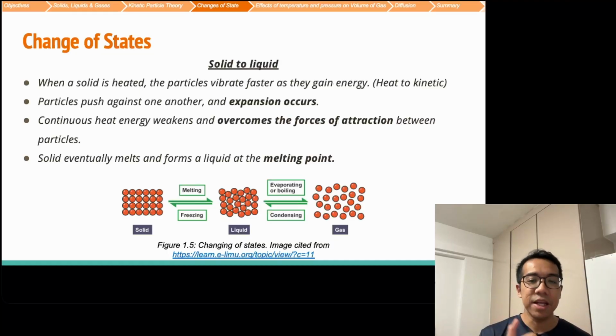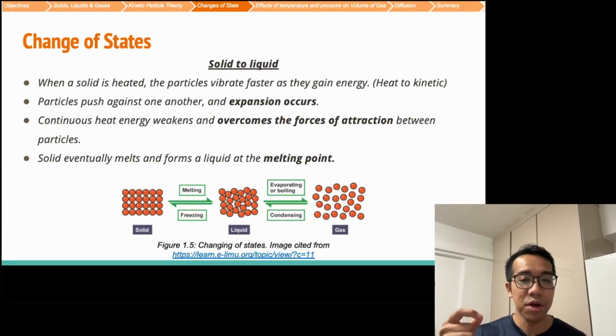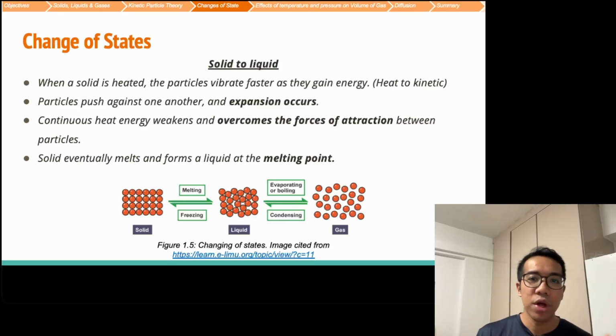But when you heat it up, heat energy will be converted to kinetic energy. Remember, kinetic energy causes something to move. The particles were already vibrating in place. Now that there is an increase in kinetic energy, the particles will move even faster and faster and faster. What happens is that the particles tend to push against one another